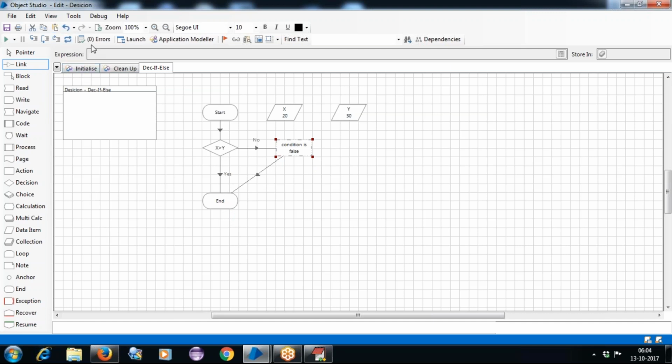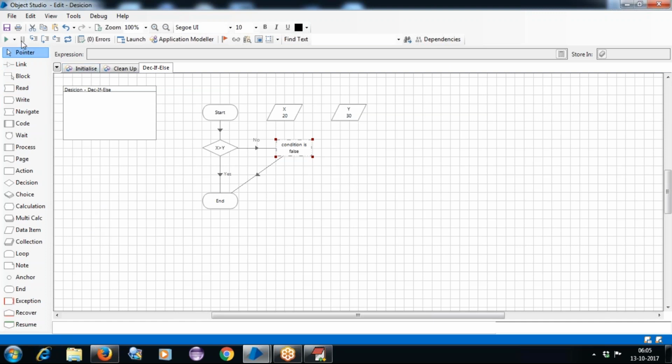Now we can click on it. It is giving 0 errors. Okay, so if I'm taking the note stages, it's just like comments only here, or you can understand it like our printf statement, which will show some statement here. Now I'm clicking on it. I'm clicking on the pointer and taking it to the reset activity.